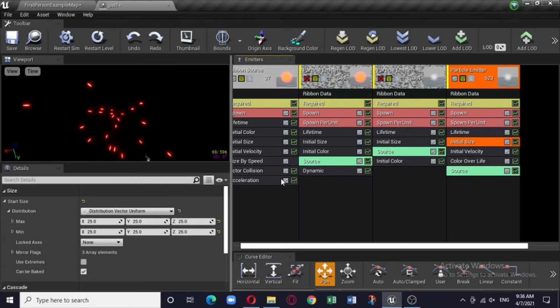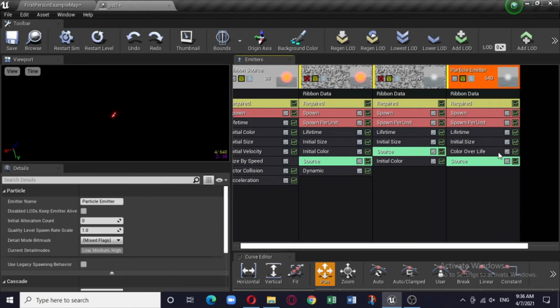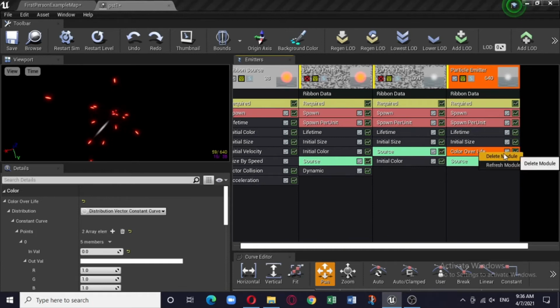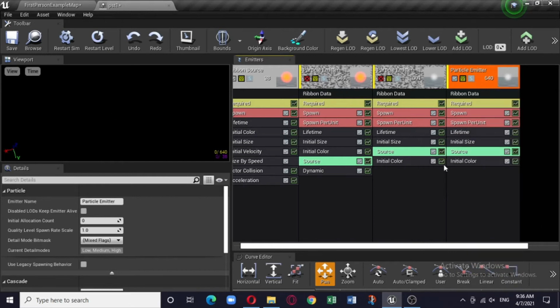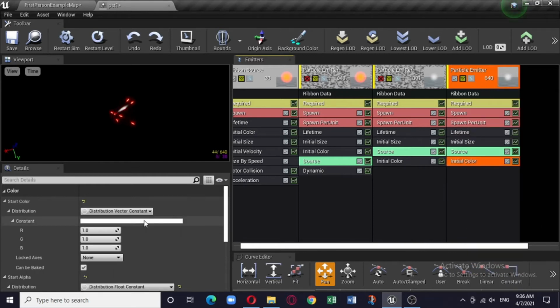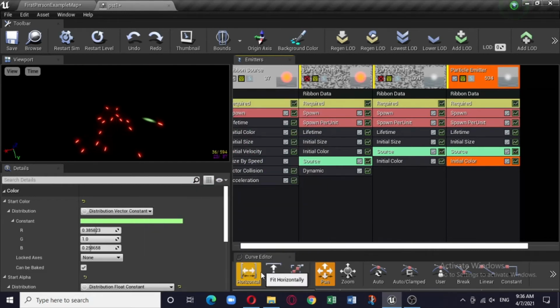I think let it be okay. Initial velocity we don't require, you better delete it. And color over life not required, you know already, so we can just use it for normal explanation. Initial color we can give a color, possibly green, or maybe green will do.